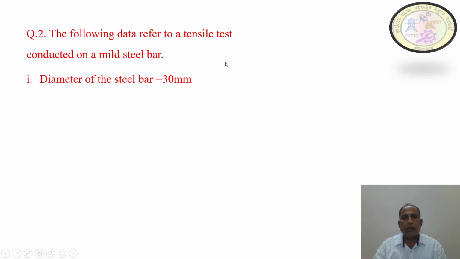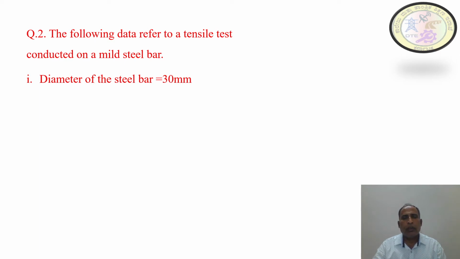While loading, the load value will be recorded at regular intervals, and also the change in length of the bar or the rod will be measured periodically at various points. As the load increases, the bar gets deformed, and the different values of loads and the different values of changes in lengths are recorded until the specimen breaks into two pieces.